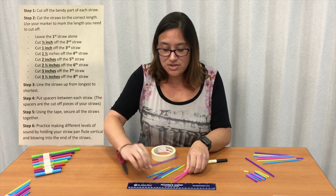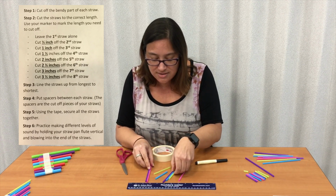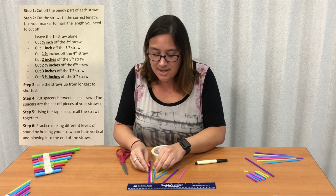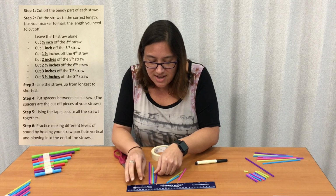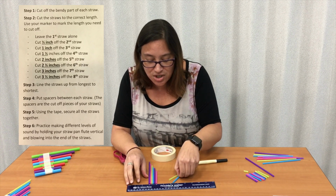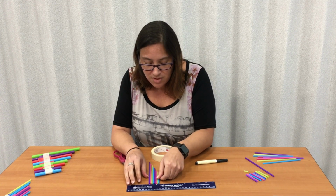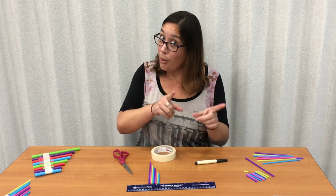So we're going to take our straws and line them up from shortest to longest. From longest to shortest, I mean. It's opposite day. Just like this. And I'm going to use my ruler to make sure it's nice and straight. All right, so now that I have it from longest to shortest, or shortest to longest, whatever way you want to look at it,